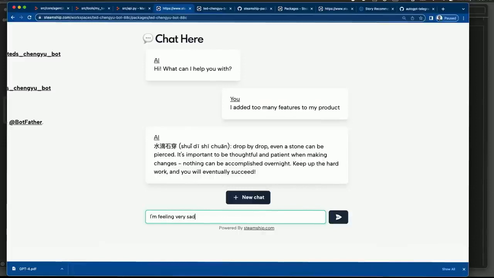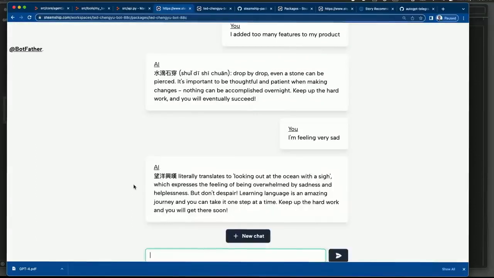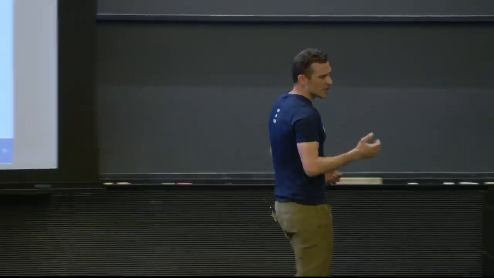very sad, and it would think a little bit, and if everything's up and running, it will generate one of these 4-character phrases, and it will respond to it with an example. Now, I don't know if this is correct or not, so if somebody can call me out if this is actually incorrect, please call me out. And it will then finish up with something encouraging, saying, hey, you can do it. I know this is hard. Keep going. So let me show you how they built this.